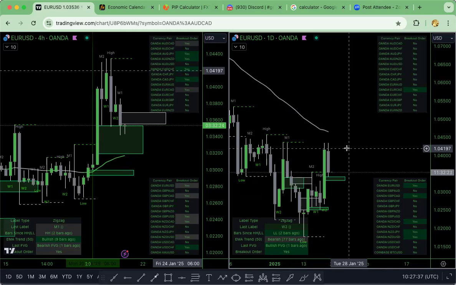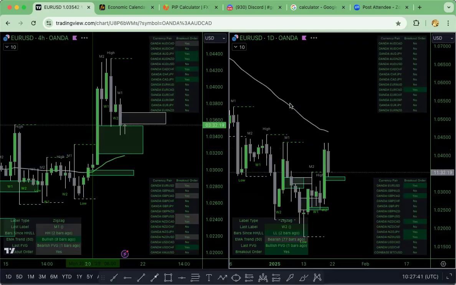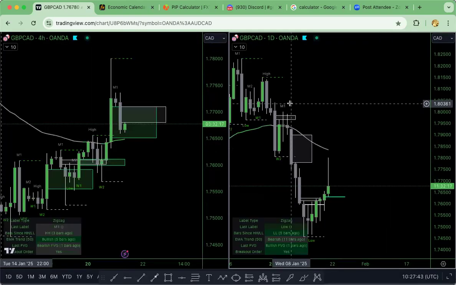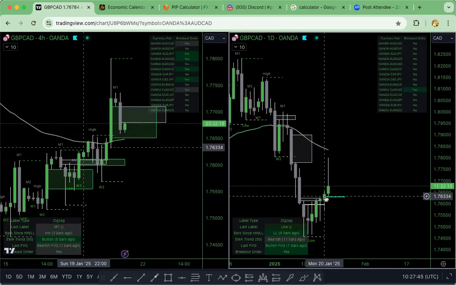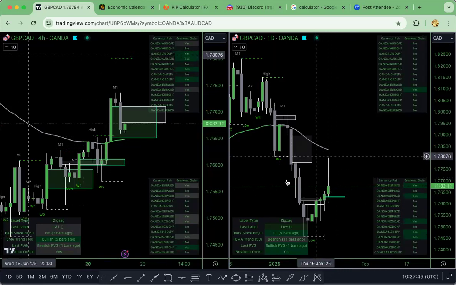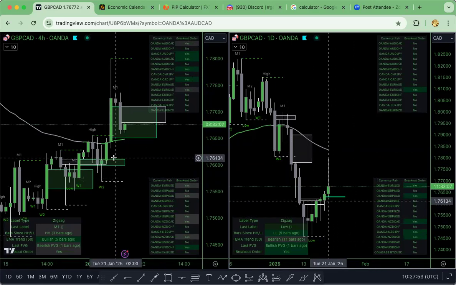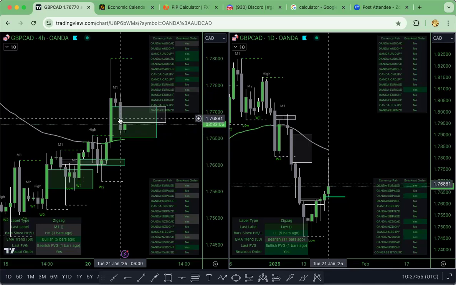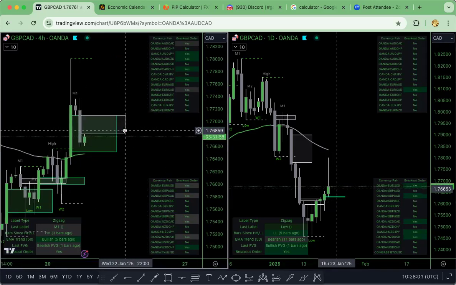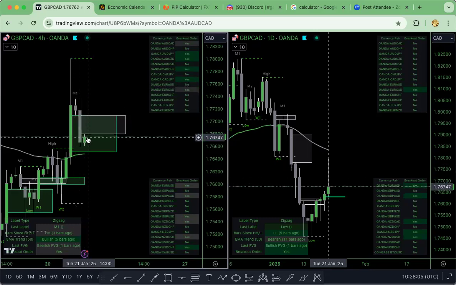All right, cool. So let's go to GBP CAD and let's see how that's looking. So GBP CAD, you can already see we've got a breakout order here. So you've got to get ready, guys and girls, for a possible buy here. Again, this is counter trend, but look at GBP CAD. The only thing I can say that's wrong with GBP CAD here, and this is a good reason why I wanted to do the Zoom as well, is when you start to see the breakout orders forming in the opposite direction,